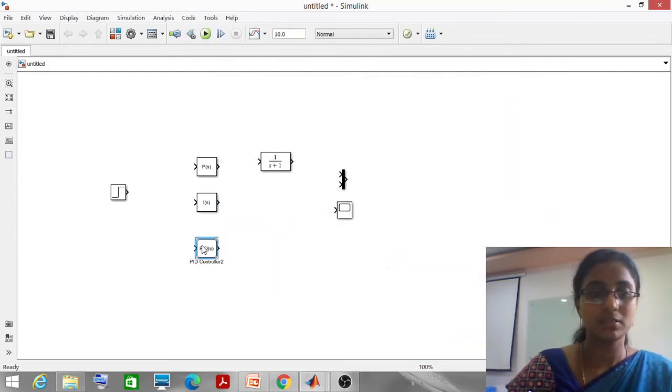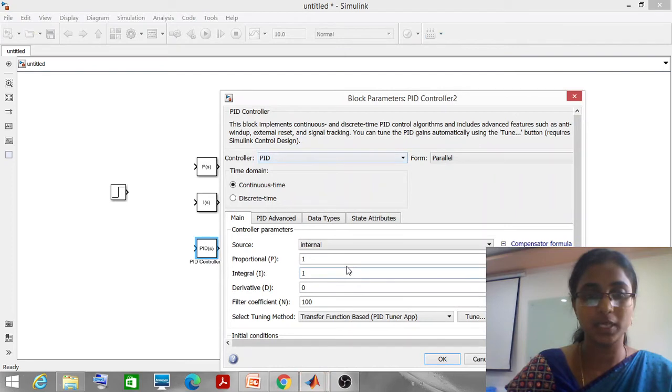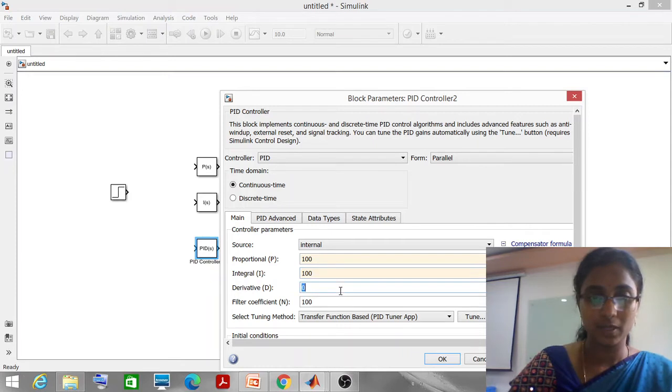Next, this is the PID, with values 100, 100, and derivative 50. Here this is the filter coefficient, which should always be minimum.